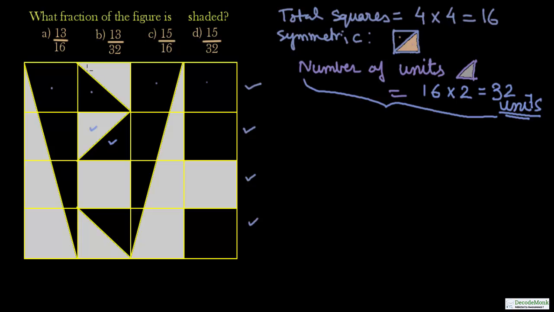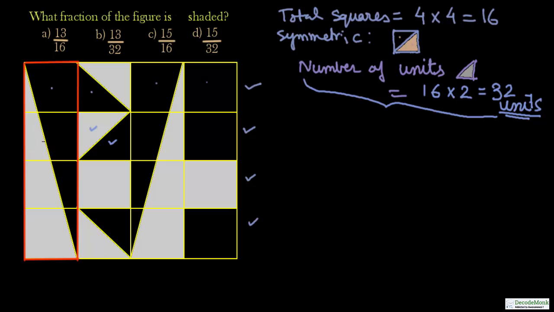Next, we will count the shaded portion. First of all, we will start considering column wise. Let us consider the first column. I will color the border with red color. So this is one column, and you can see that half of the rectangle, which consists of four symmetric small squares, is shaded.